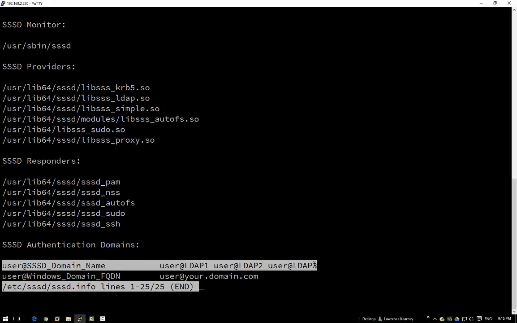Authentication domains have unique open-ended names. It makes sense to choose meaningful names. The exception is when the authentication domain uses the Kerberos provider, as is the case here, or the Active Directory